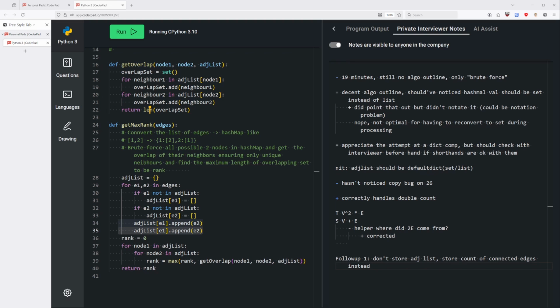I can optimize it further, where rather than having two for loops in the get overlap method, I can do it with one for loop. I don't know if that makes it a lot better, because it's just removing one for loop. I can optimize that where I don't need two for loops, because I can just check for